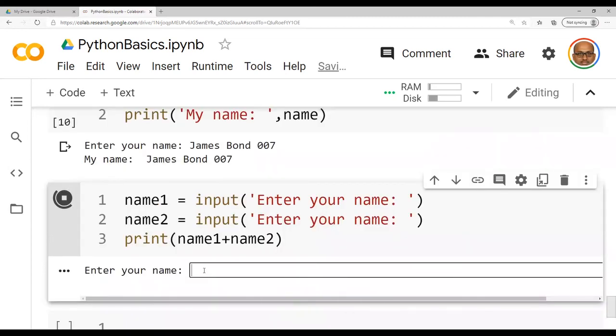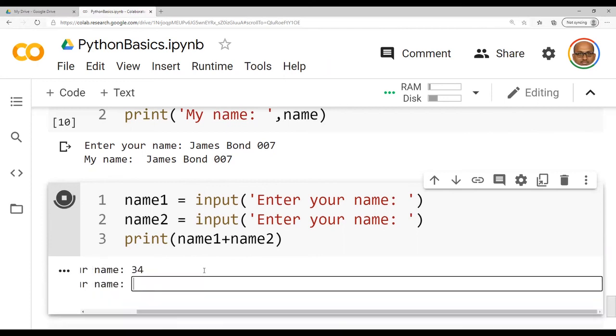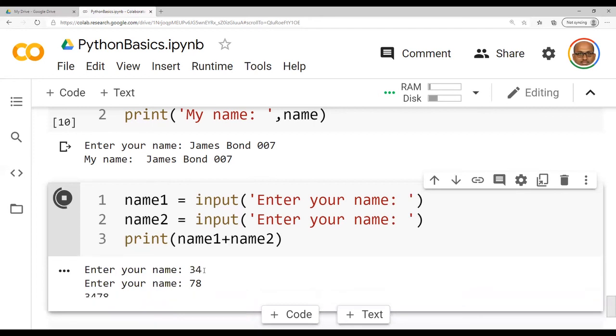A student is entering the name as 34. He has entered a number 34 for a string. For another input, he has entered 78. So when I am trying to do the plus symbol, let us check what it is. It is 3478.